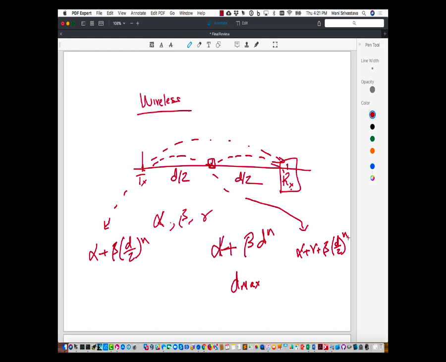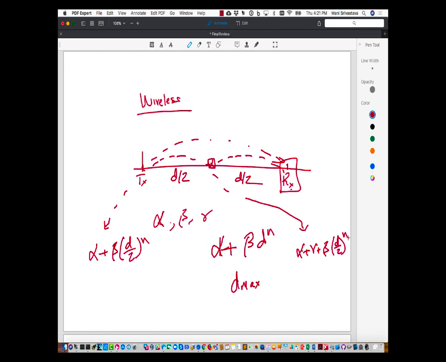Kind of hand waving out here. If the radios are different, then the values of alpha, beta, gamma may differ, right? That will depend upon the specific hardware. But let's assume here, if all the radios are identical, then what I'm describing is true. If not, then you'll have to pay for it. So the main thing out here is that multi-hopping, at least where alpha and gamma are minuscule,